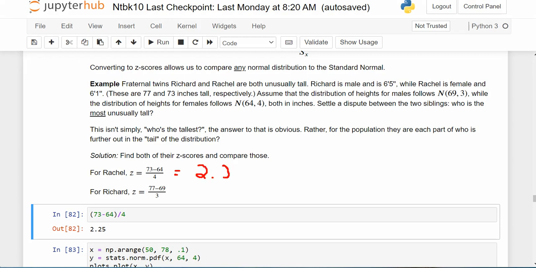Why is that important? Well, we're going to compare z-scores between Richard and Rachel to see who got the higher z-score, who's farther away from the average height. Okay, and then again, for Richard, we do the same thing. We take the data point minus the population average. Again, that's given to us right here. This is for the males, biological males. 69, 3, so that's why we're taking 77 minus 69 divided by 3, and that is approximately equal to,